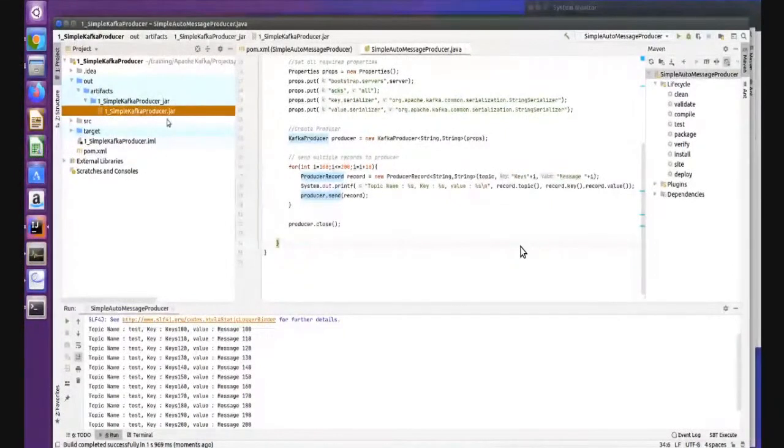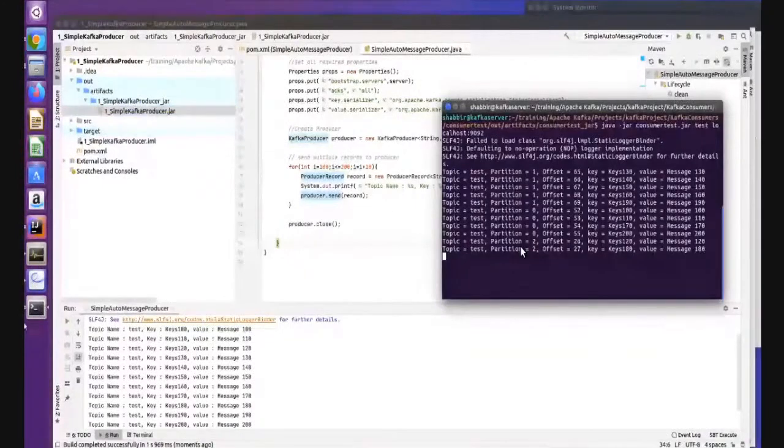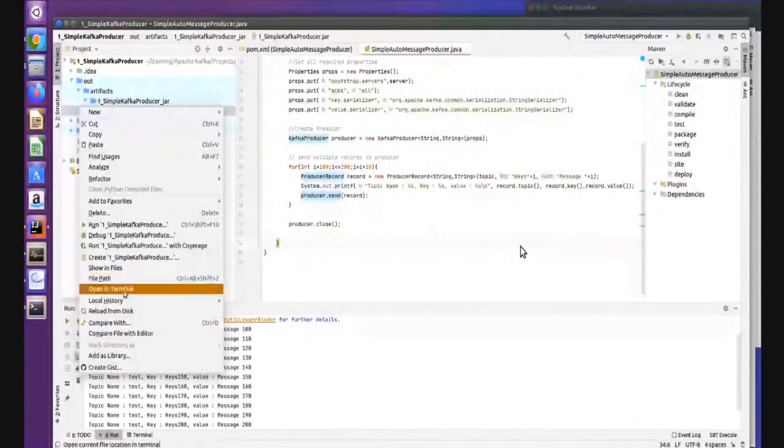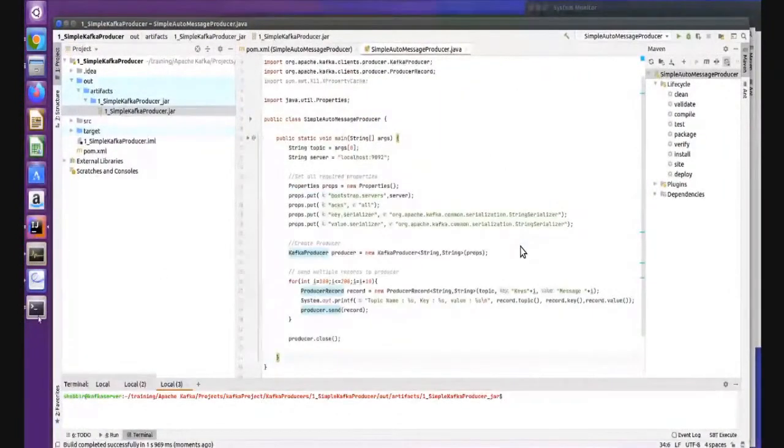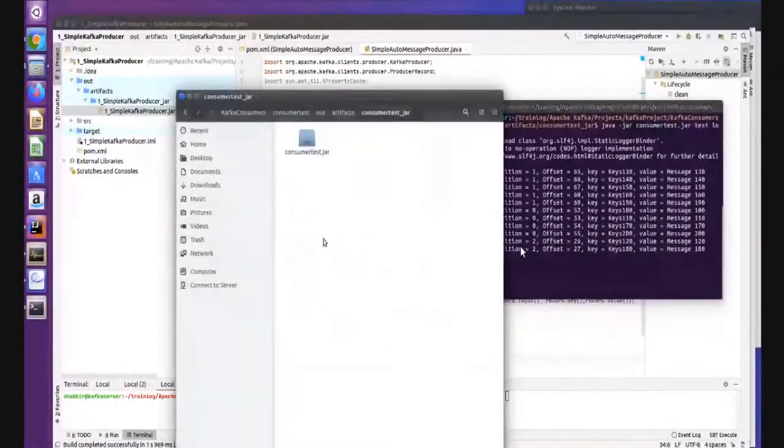Now it is a distributed application. It will generate your data, right? So if you want to run your producer from the command line, open the terminal from there, better, right? So I have written my producer as well, simple how to message producer, my project name.